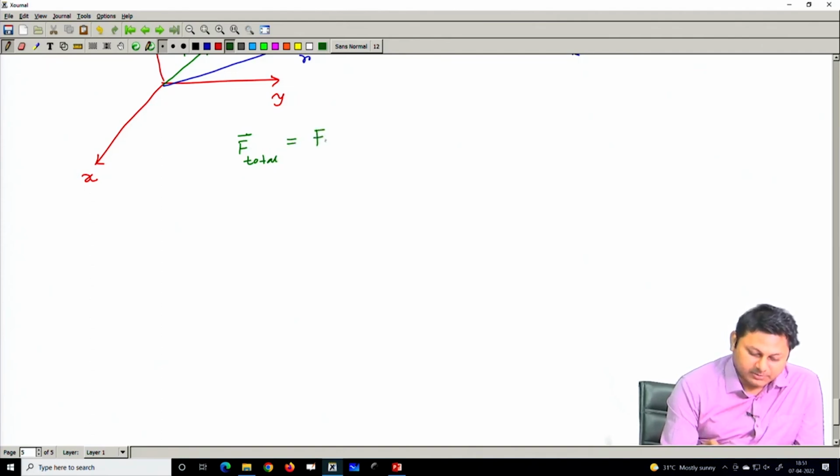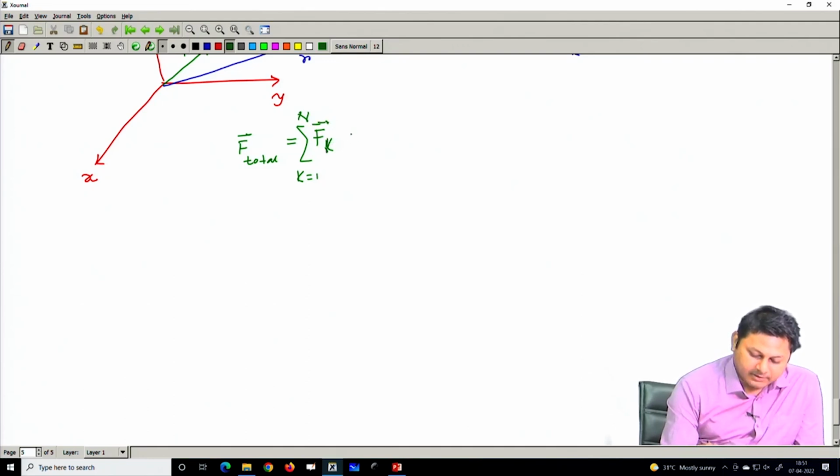There is some sort of superposition. So I should have a vector sum where k goes from 1 to n, because there are n charges. So this is vector F k,